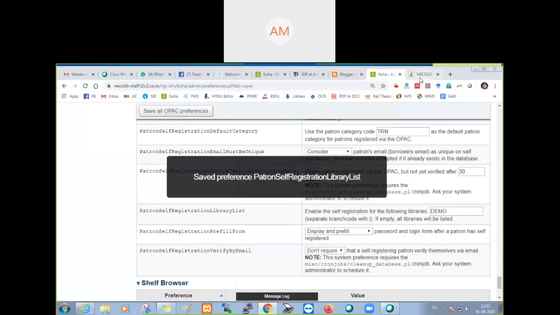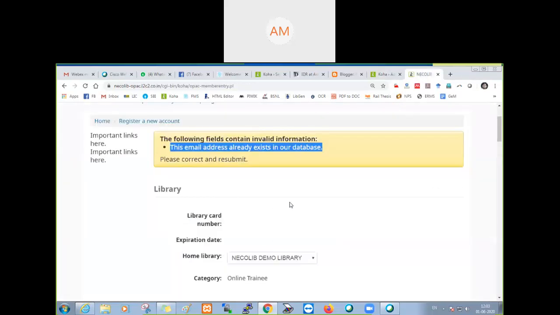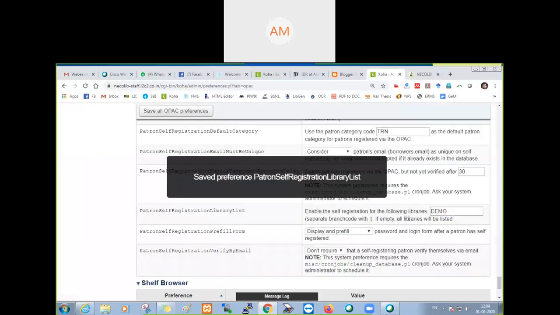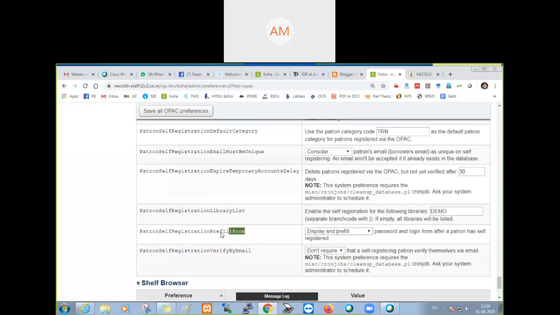You have seen that after self-registration, the email ID, password, everything is visible on the screen. If you don't want that, you have to set patron self-registration pre-fill form here. Make it do not display and pre-fill. Save.